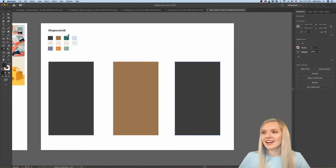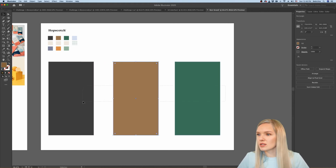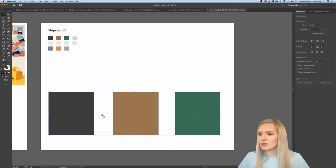Okay, it's that easy, guys. It's not difficult at all. Okay, so let's do some color blocking here. So what I'm gonna do is I'm going to put these down like that, and I'm going to copy paste,